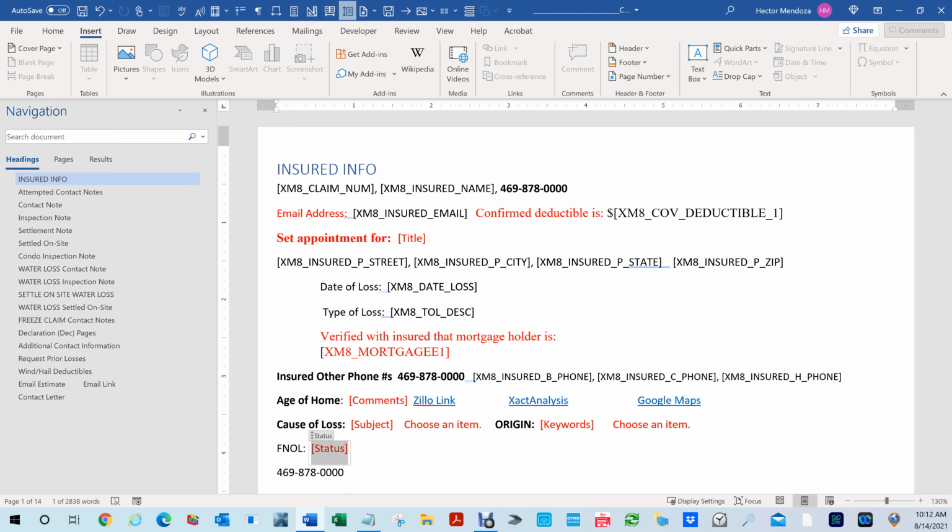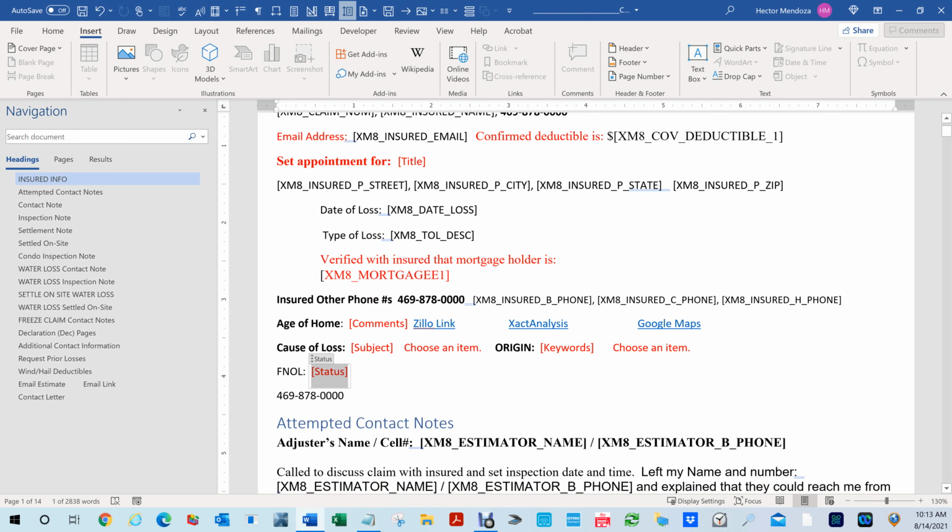Now, this is not tricking the machine. This is something that I played around with this morning, and I'm real excited because now I can change it. I hate the way it says status. Well, first notice of loss is not status. So check this out, guys. I'm so excited. Okay. Now, right now, if I select this,